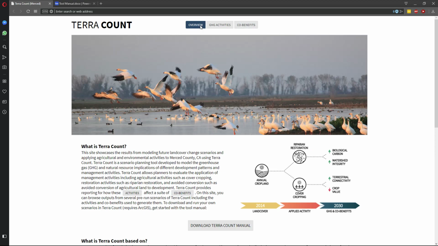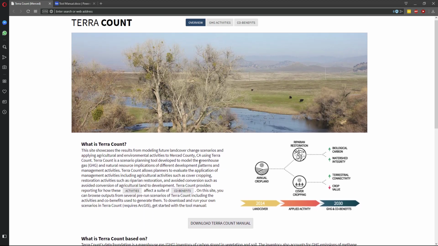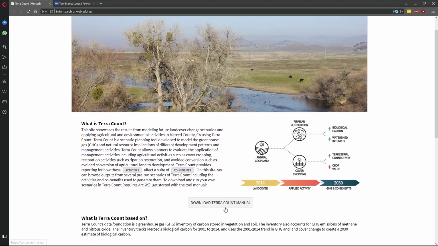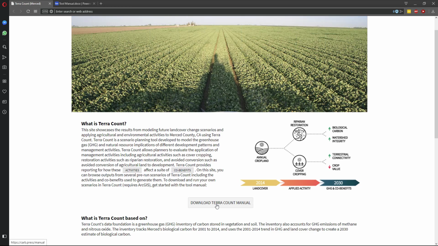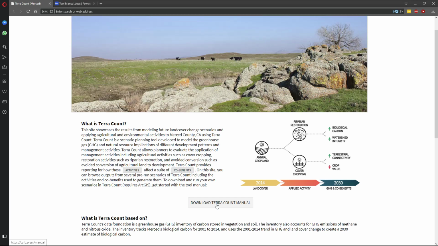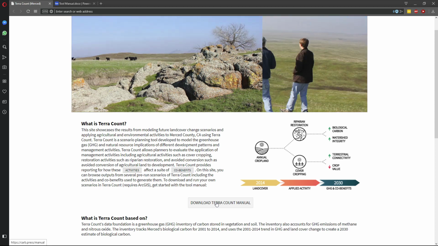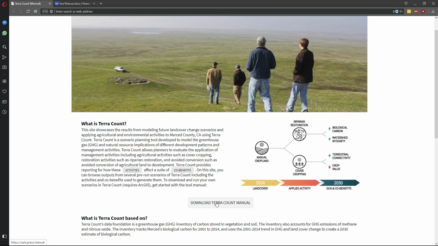So on this front overview page, there are a couple links. Right now, it's just to the TerraCount manual, but there will also be a link to the GitHub repository when this website is finalized. So if we go and click on the manual,